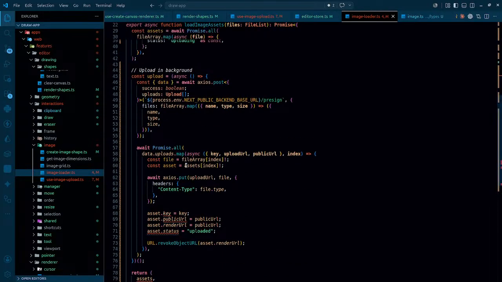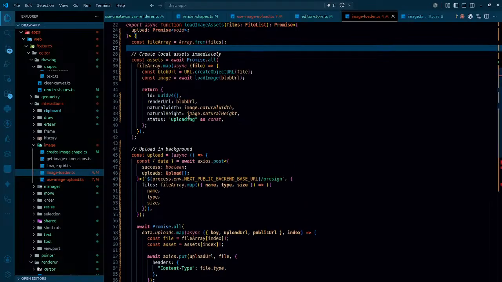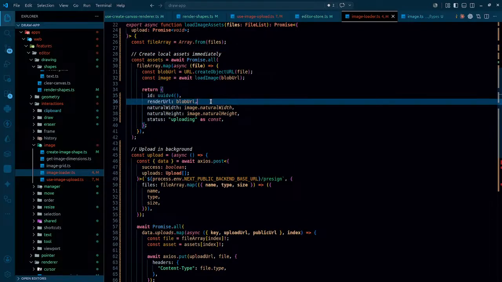But this is not it. ID is gonna be this, render URL is gonna be this. Public URL, that can be optional, right? Render URL will